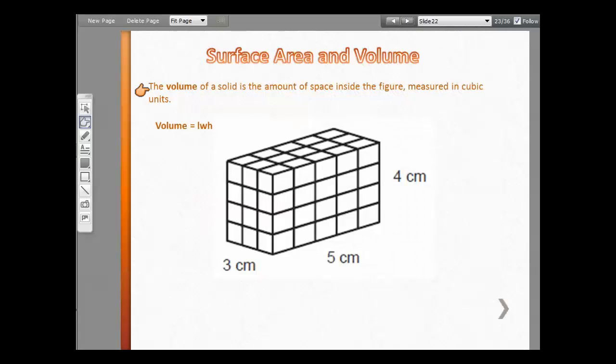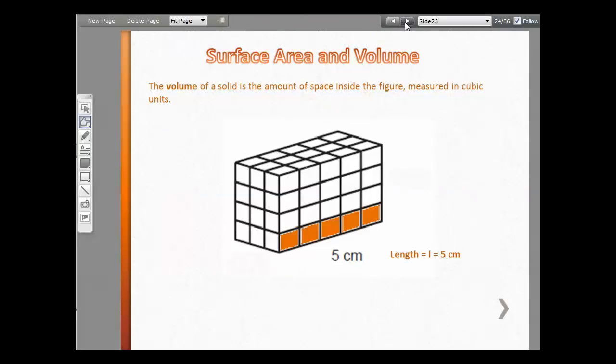So now let's look at volume. The volume of a solid is the amount of space inside the figure, measured in cubic units. Here's the equation that y'all are so used to seeing for volume: length times width times height. So let's see what we're doing here. Oh, look, my length is usually represented by a cursive L. And here's my length. I showed it on the picture